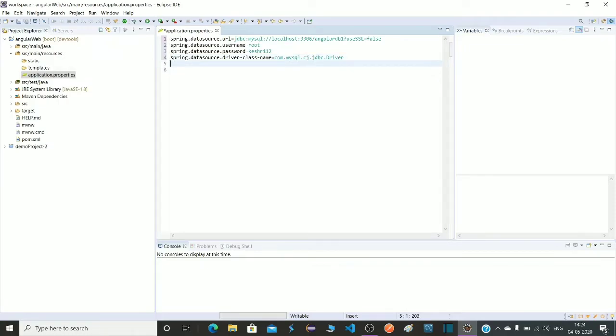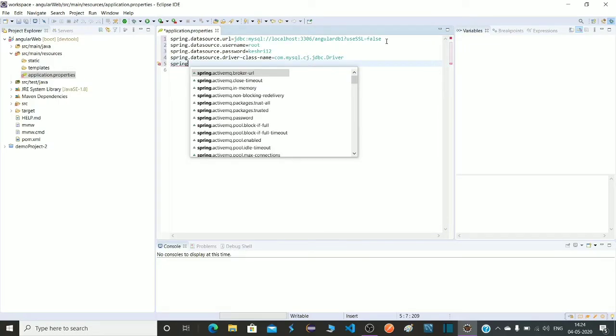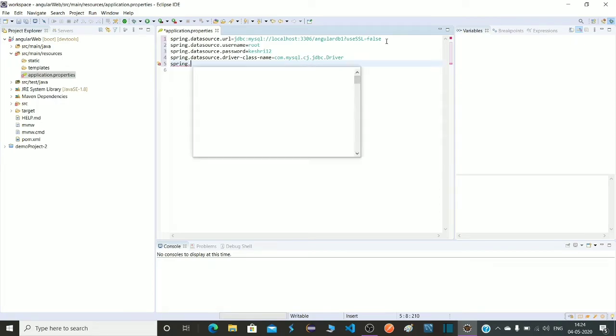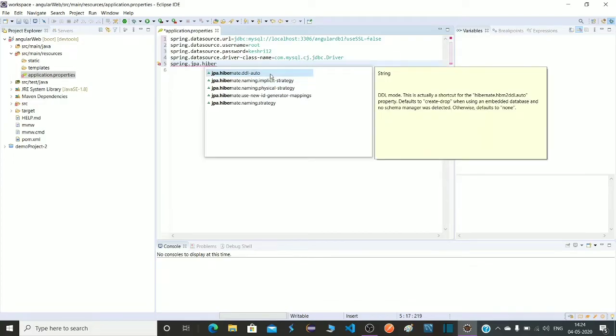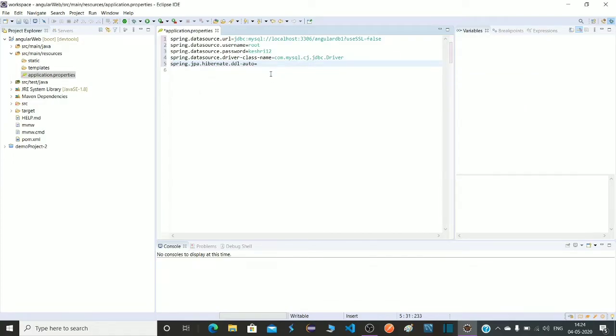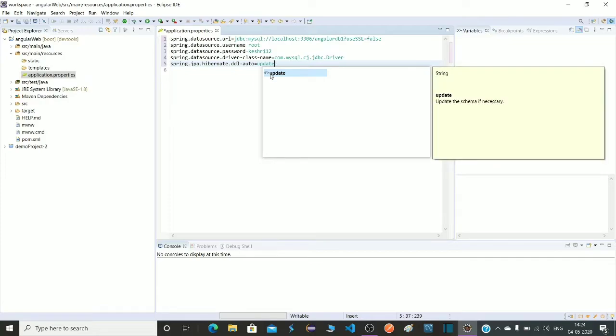Press enter. Add spring.jpa.hibernate.ddl-auto. So when our database table is created, we need not create it explicitly by going to the database. Here it will be done by the JPA API.